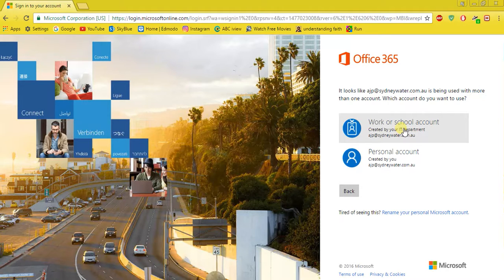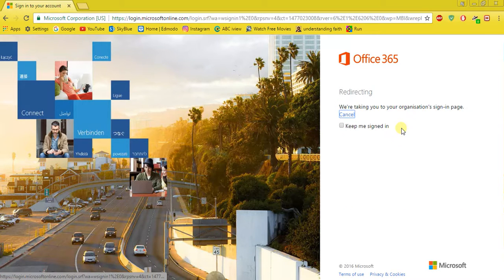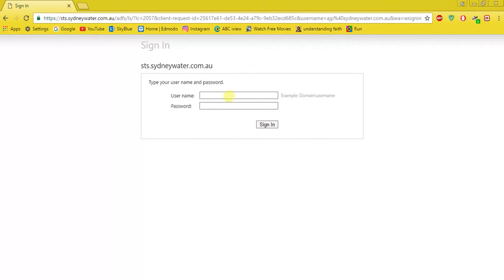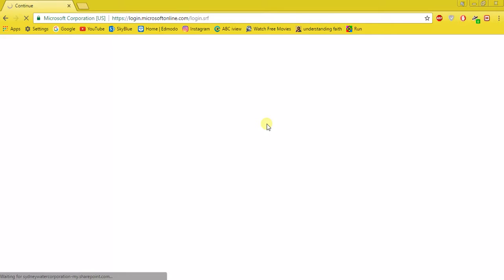It then asks for a work or school account. In this case we want a work account, and because I'm logging in externally, you won't need to do this unless you're doing what I'm doing, but the external domain is ads.sydneywater or swc and / your username, and the password is your network password, just like logging in. The portal will then start up,